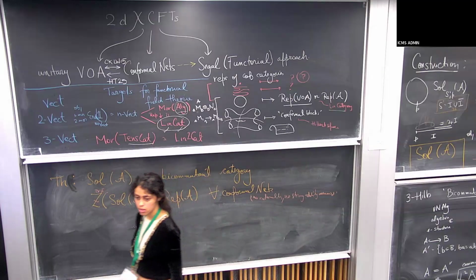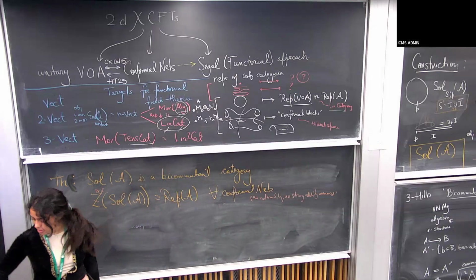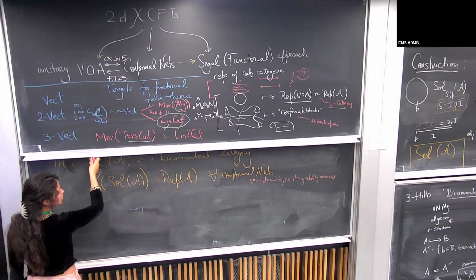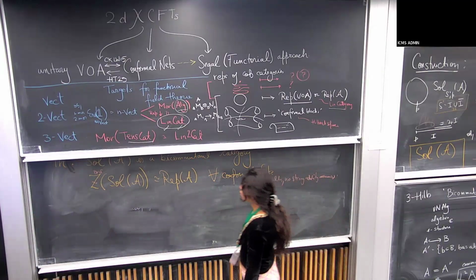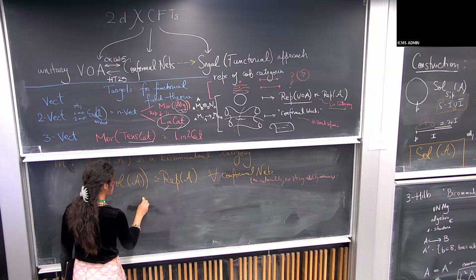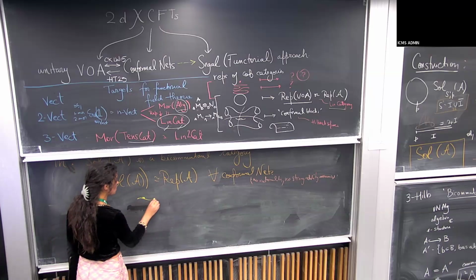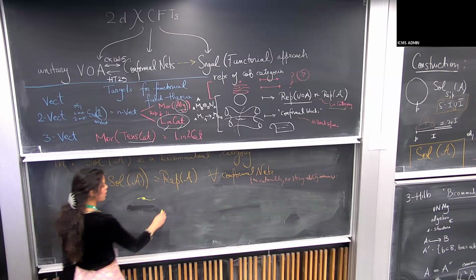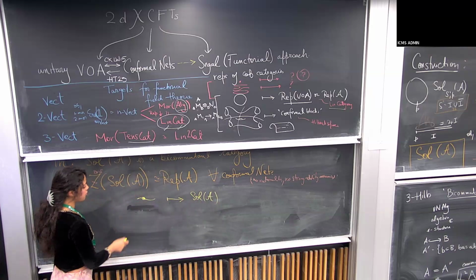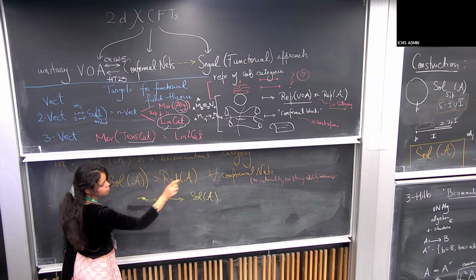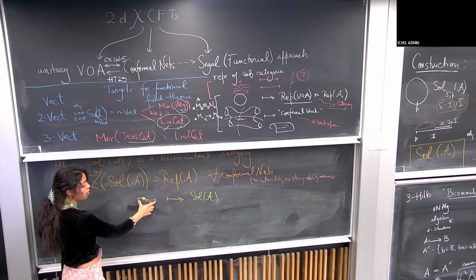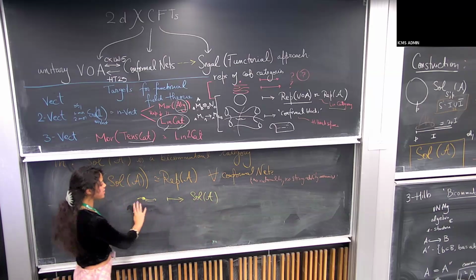Shows that you can associate that to a point. Yes, that is what I'm going to say. So what I'm going to now say is that I can associate this category. Assume I have a point which comes with a little collar. I can associate the category Sol A to this point because I can use this collar to embed it in a circle and construct this category, and the collar genuinely did not matter,